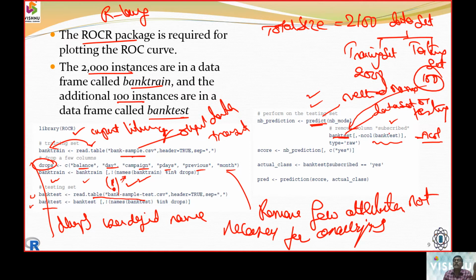So similarly, the classifier for the 100 instances, as it is trained for 2000 instances, these 100 instances based on the previous experiences, machine should tell on its own what is subscription, whether it should be yes or whether it should be no. So the machine should answer correctly. So how it is going to answer? Then I am going to use a method called as predict. So this is going to be passed to a variable called as nb_navbase_predict. So I assume that navbase is going to be the model, the algorithm which we have taken up.